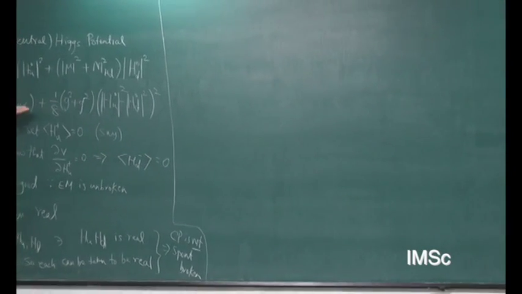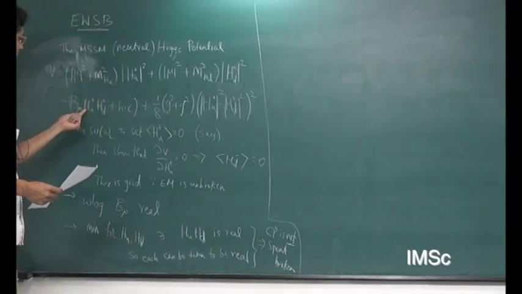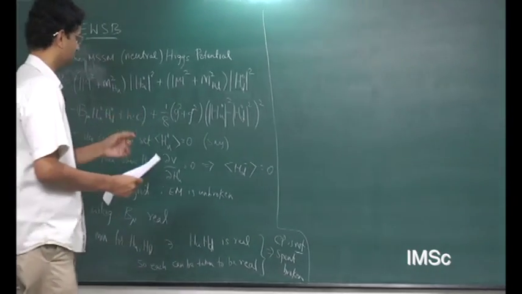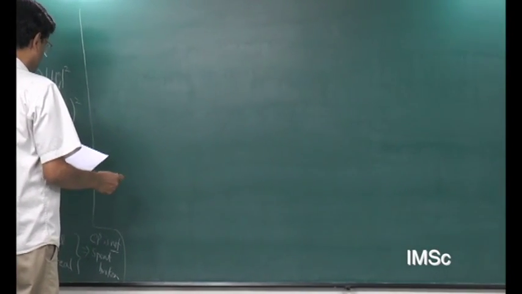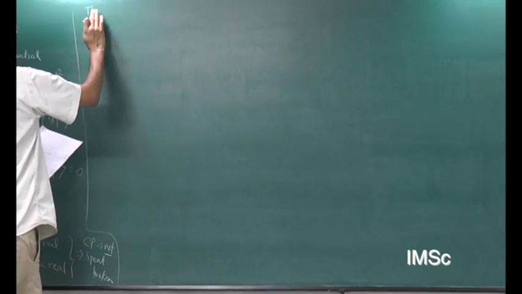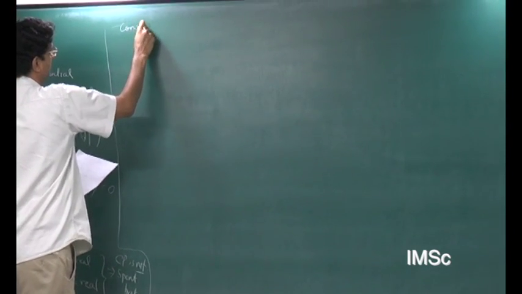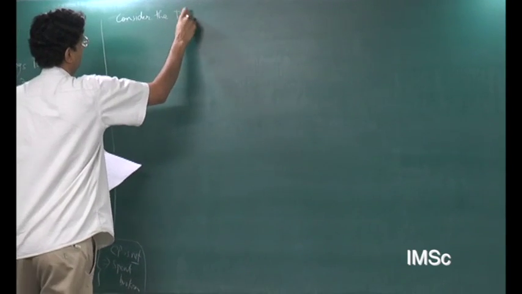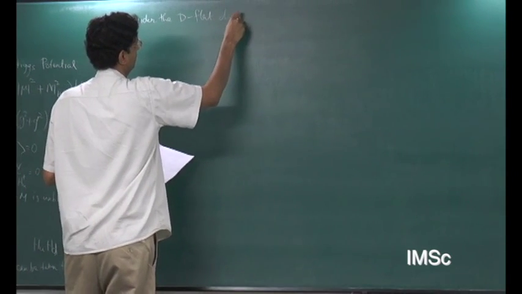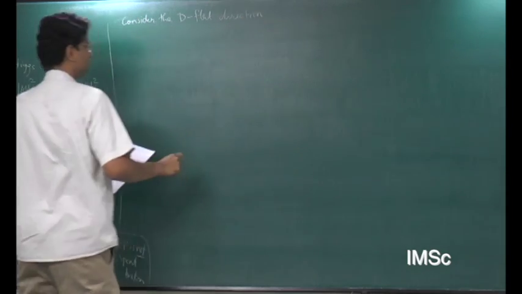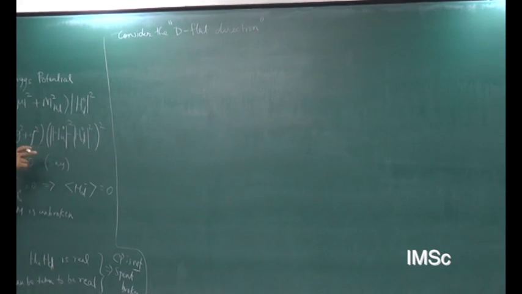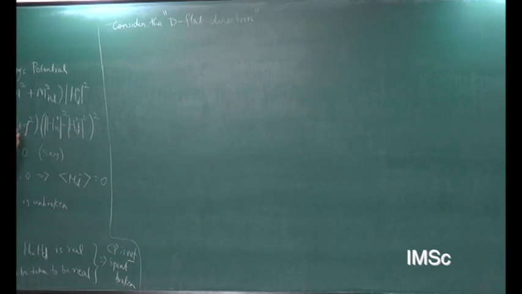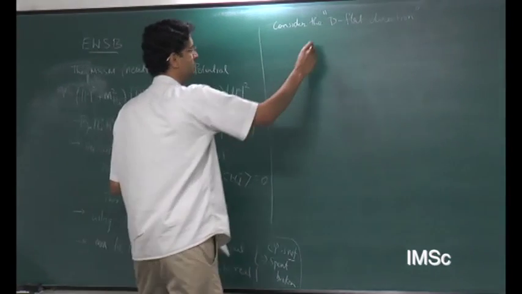Okay, so we'll continue and ask what conditions are necessary in order for that to be satisfied at the minimum for there to be a non-trivial minimum also. So look at the D flat direction. It just means something where this goes to 0, this is the D term, right? So this whole thing is the D term. So if HU equals HD,